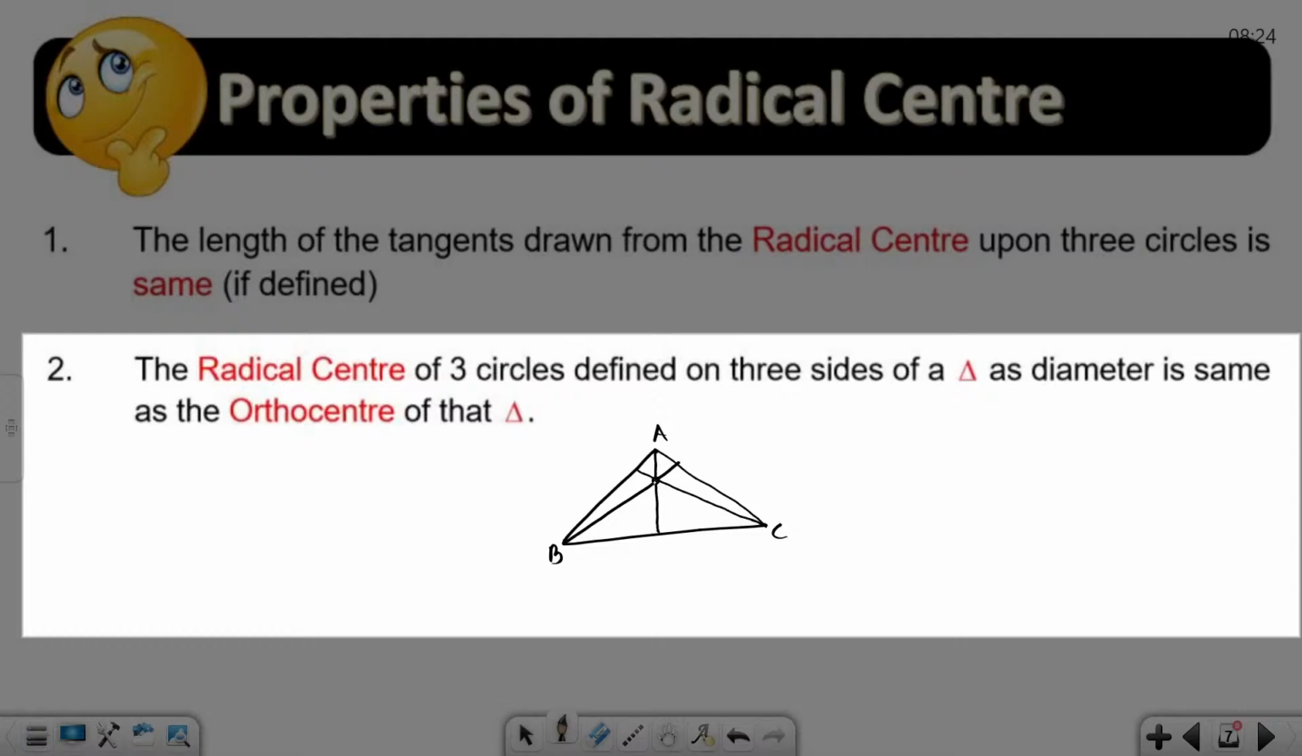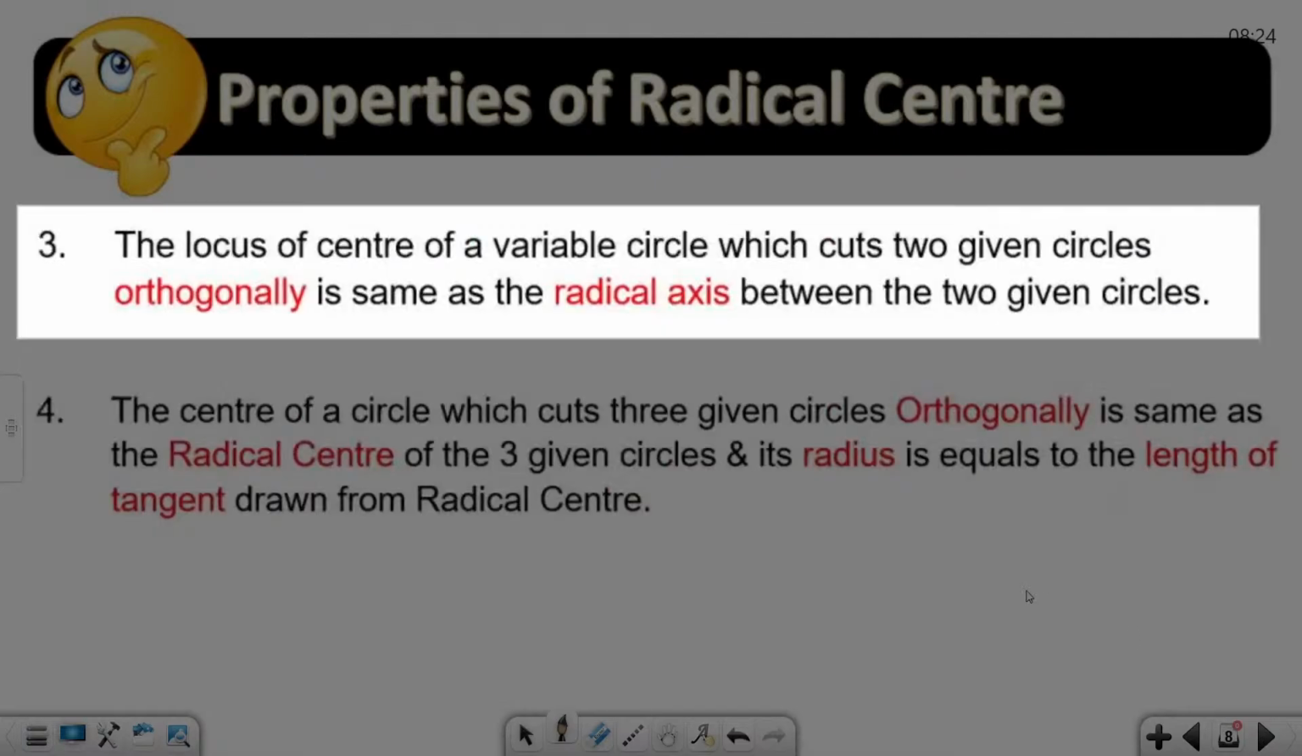And this orthocenter is same as the radical center formed by these three circles, described on the three sides as their diameters. Is it clear? Okay, so the third property on radical center states the locus of the center of a variable circle